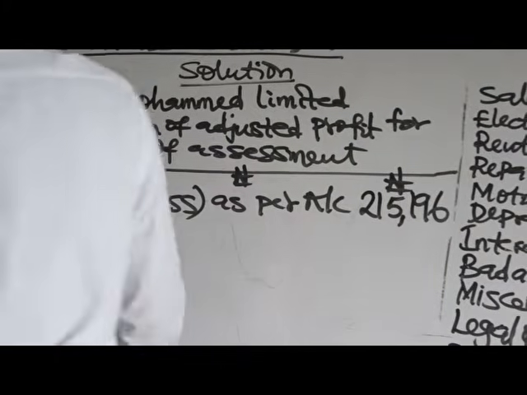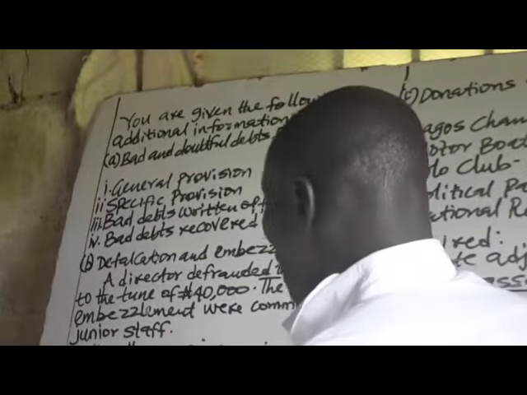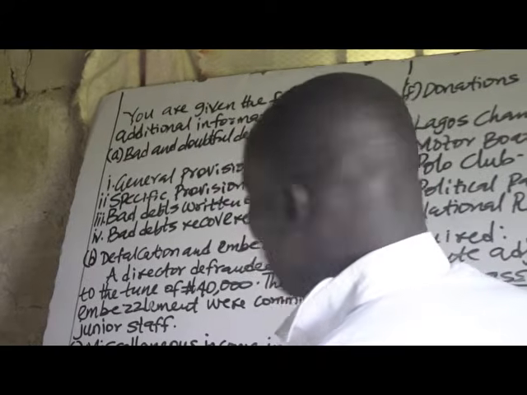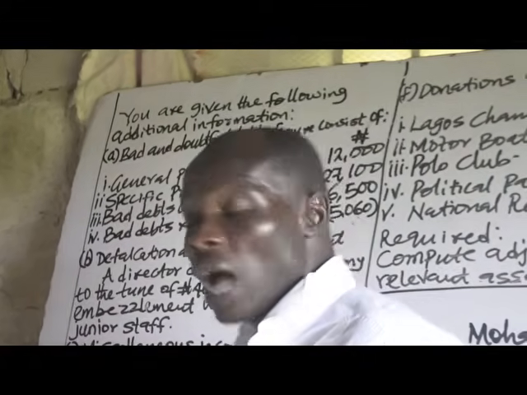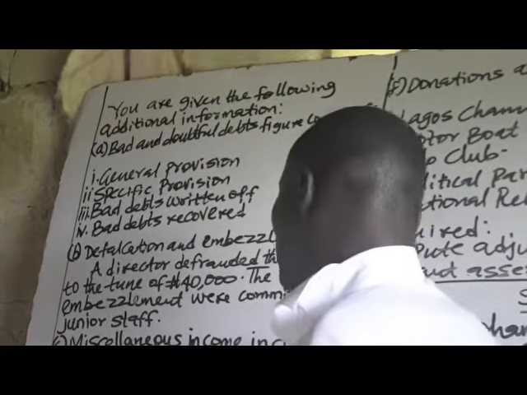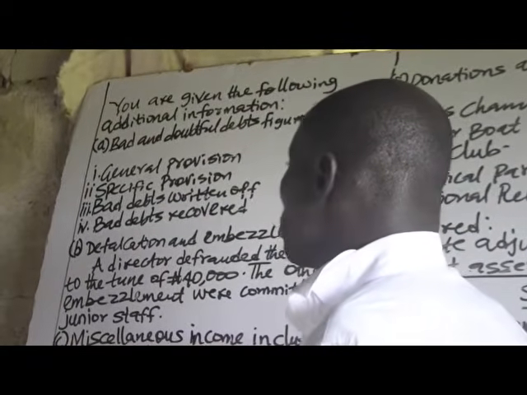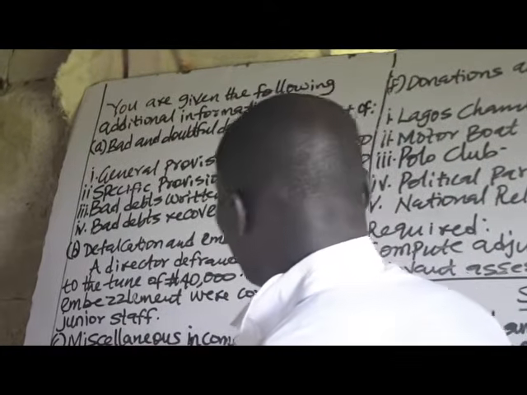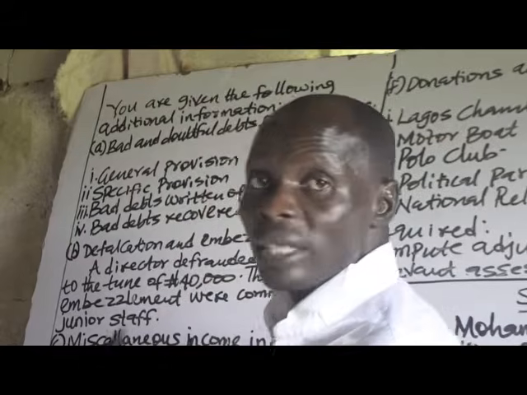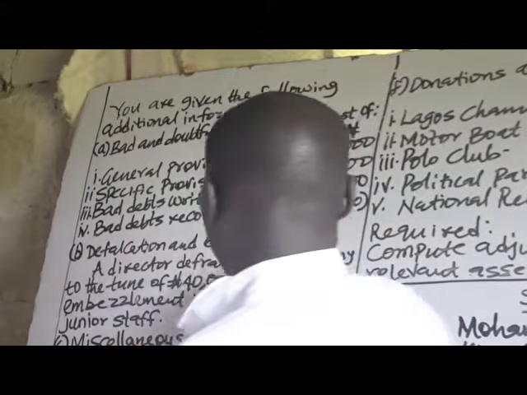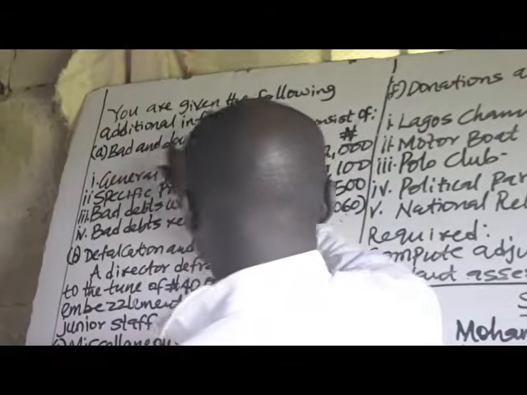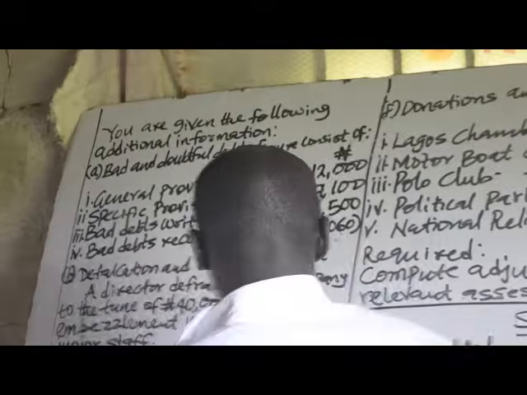Now, if you go through the additional information, I said you add taxable income not previously reported, and there is no taxable income not reported in this question. I said you should add the non-allowable expenses previously reported. Now let's go through the additional information to identify the list of non-allowable expenses that have been reported in the financial statement. Note A. You were told that bad and doubtful debt figure consists of,